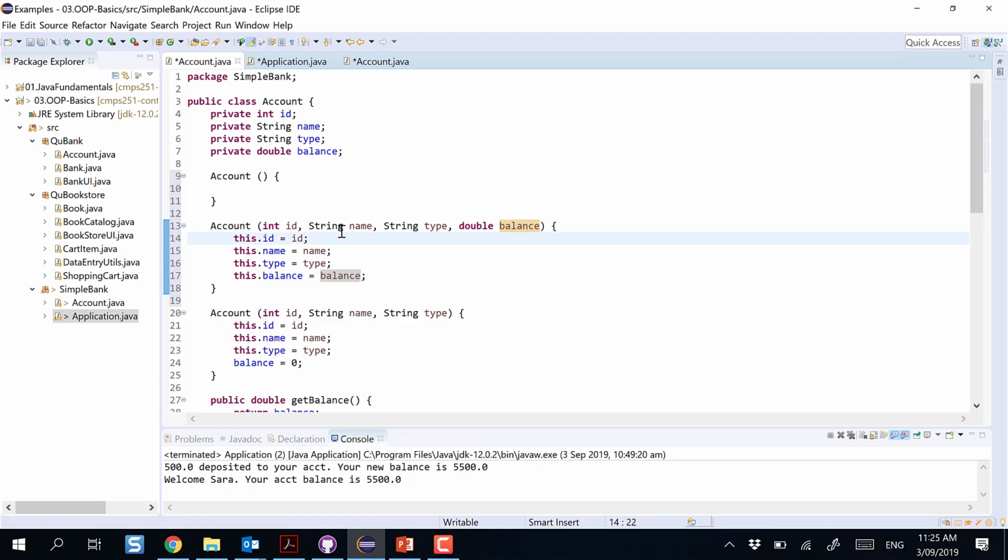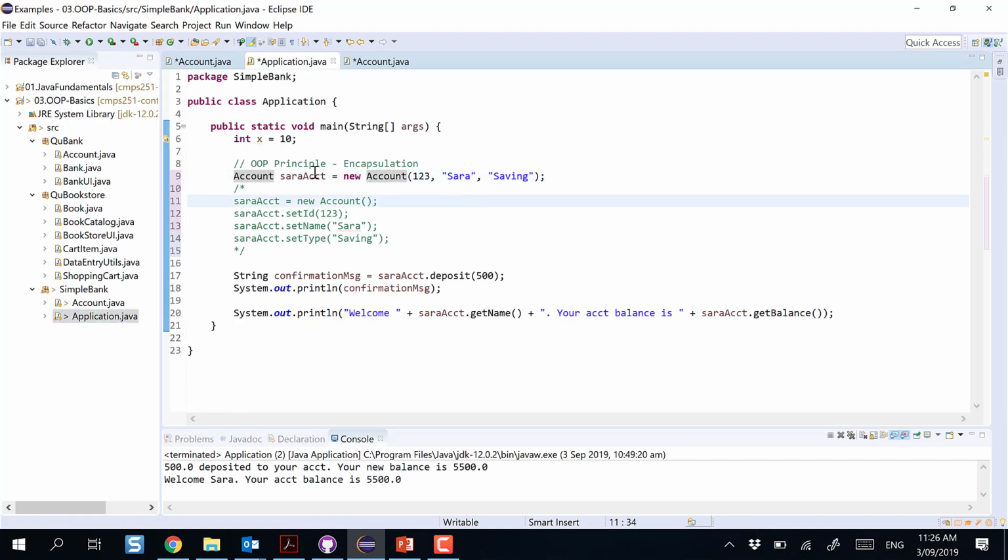Yes. Now, how many versions of the constructor do I have? 2 versions. One accepts how many? 3 parameters: ID, name, and type. And another version accepts 4 parameters: the ID, the name, the type, and the balance. Now, me as a user of this class, when I want to create an account, I ask, okay, do you have some money with you to create the account? You say, yes, I have 1,000. Then I will not use this version, I will use the other version. Yes, what I mean by this,